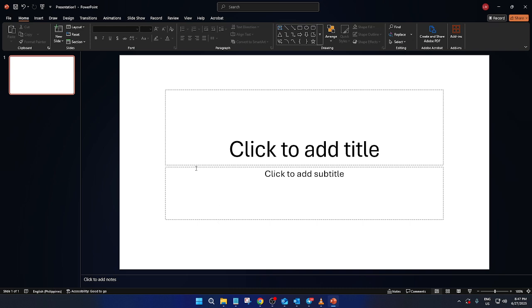First, before we dive into the specifics, make sure you have the PowerPoint presentation open where you'd like to add the email. Having your presentation ready will allow you to quickly access the slides and find the perfect spot to include your email content. Once you have your presentation open, let's navigate to the part of PowerPoint we'll be using